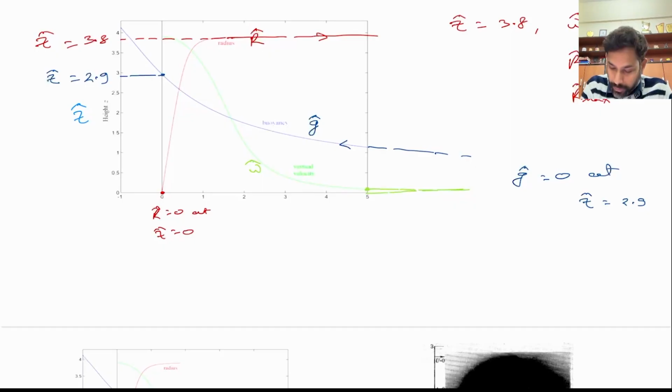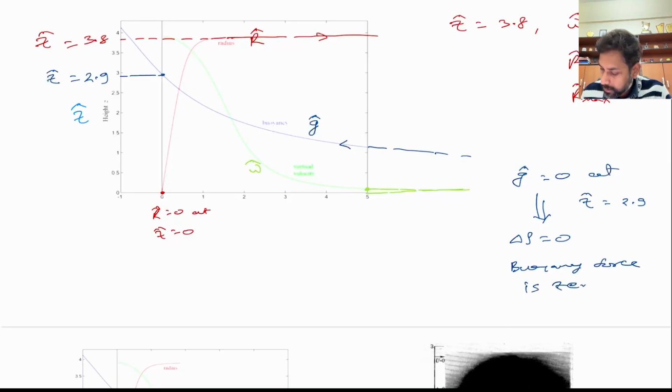All right, so that means your buoyancy, or the temperature difference or density difference between the plume and the ambient, becomes 0. So this leads to delta rho 0. That means the buoyancy force is 0 at z hat equal to 2.9, right? But we still see that there is an additional height that is being covered here, right? So from this point till this point, even if buoyancy force becomes zero, the plume continues rising, it's still going up,